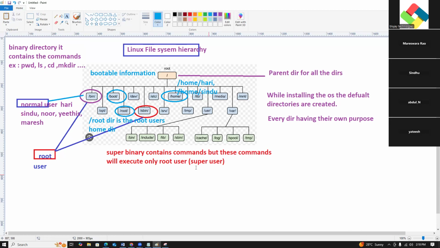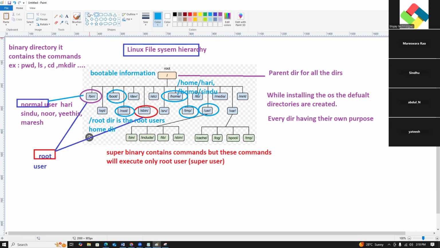Guys, understood? So now you know bin, sbin, root, boot, home. What is temp? Temp is where we can copy temporary files. What is usr?